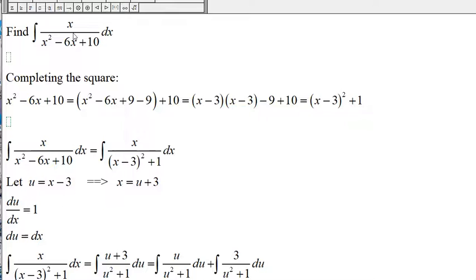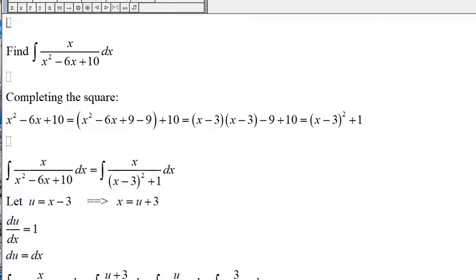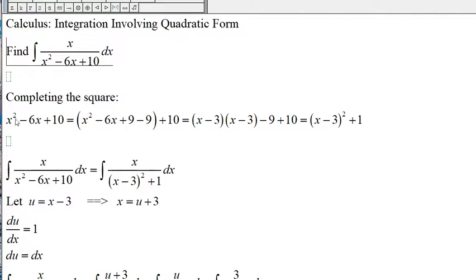Here we want to find the integral of x over x squared minus 6x plus 10. And so here we have a quadratic polynomial. And so let's do what's called completing the square. And so from this group, the group of x squared minus 6x here,